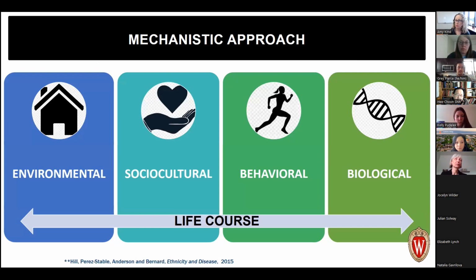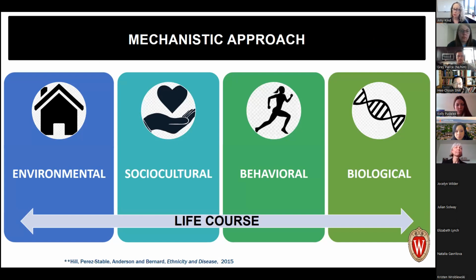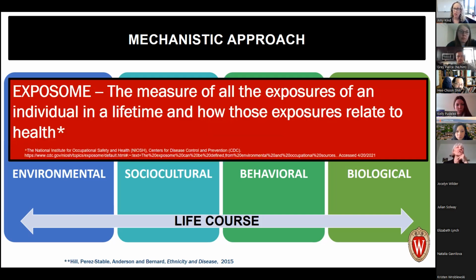Not just one of those, but all of those interacting across the life course from cradle to grave to produce wellness and disease. It is not a simplistic model. It does not just have one factor driving a particular health outcome. It recognizes that there are many factors driving health outcomes. And additionally, many of these items are external to the individual. And certainly in the field that I am in, these factors that are external to the individual are noted as the exposome, or the measure of all of the exposures of an individual over a lifetime